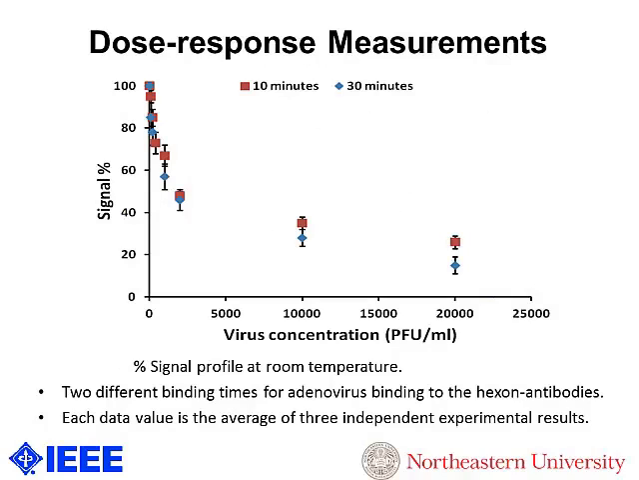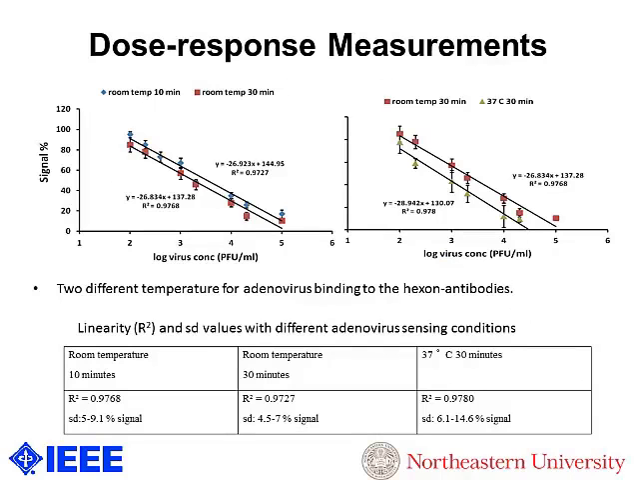After this optimization, we made some dose response measurements, and we tried 2 different times, 10 minutes and 40 minutes. As you can see in the figure, with 40 minutes binding, we have 40 minutes detection, we have much more binding. And when we look at the logarithmic curves, with 40 minutes, we have much more binding. And also at 37 degrees, we have the highest binding with the adenoviruses and hexon antibodies. And the linearity is nearly the same for all conditions, and the standard deviations are